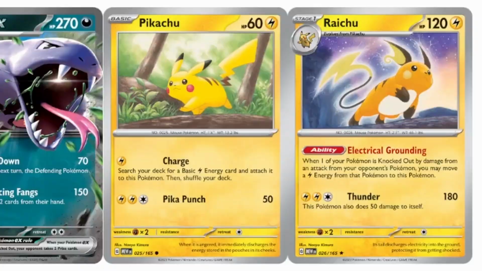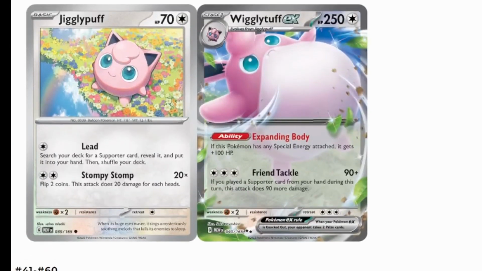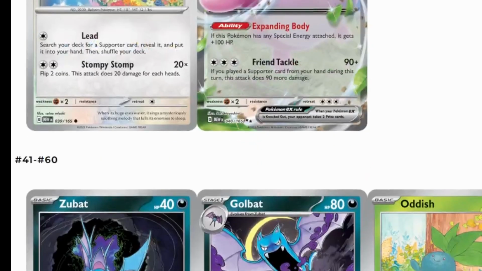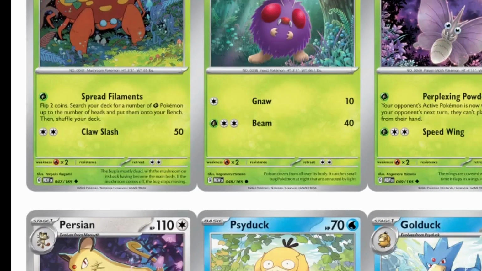That's kind of rough. The Pikachu and Raichu are adorable because they're on all fours and they're trucking. Really like that, artwork-wise. And then the Wigglytuff EX is a card with the ability Expanding Body, which, if this Pokemon has any special energy attached, it gets plus 100 HP. So that's 350 HP, which beats Blastoise's humongous 330, but my goodness, there's a lot of huge